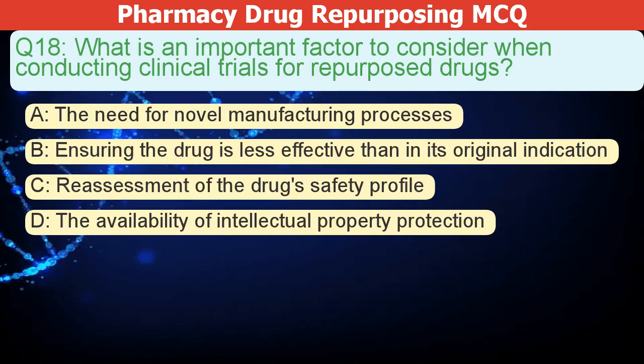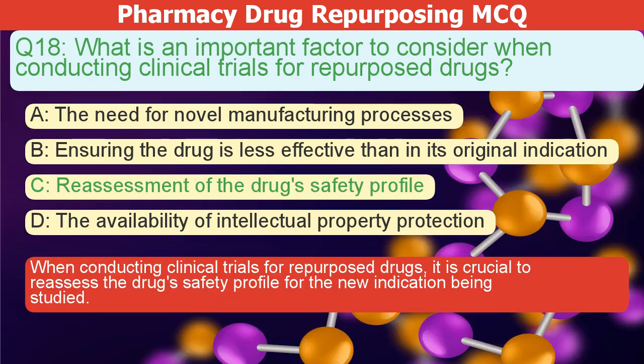What is an important factor to consider when conducting clinical trials for repurposed drugs? A. The need for novel manufacturing processes. B. Ensuring the drug is less effective than in its original indication. C. Reassessment of the drug's safety profile. D. The availability of intellectual property protection. The correct answer is C. When conducting clinical trials for repurposed drugs, it is crucial to reassess the drug's safety profile for the new indication